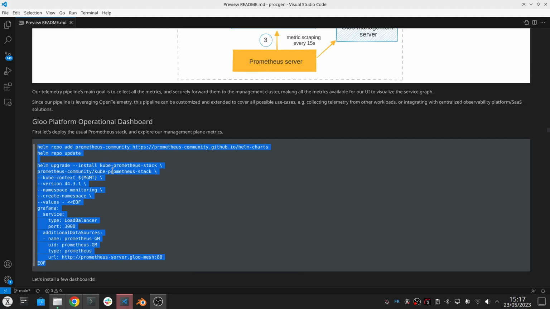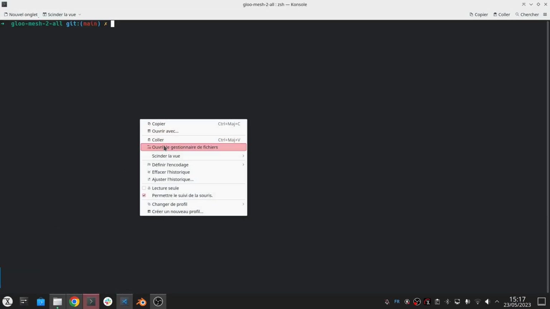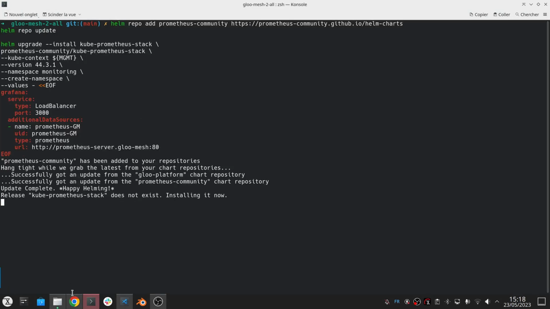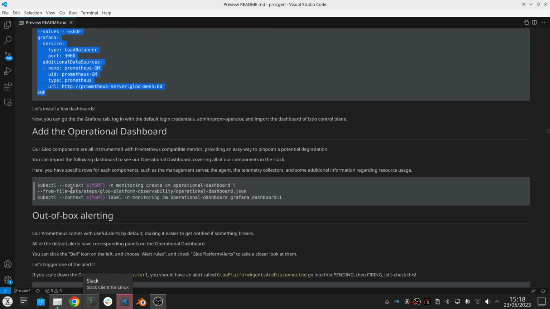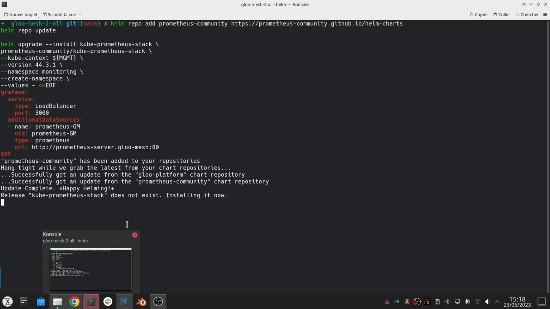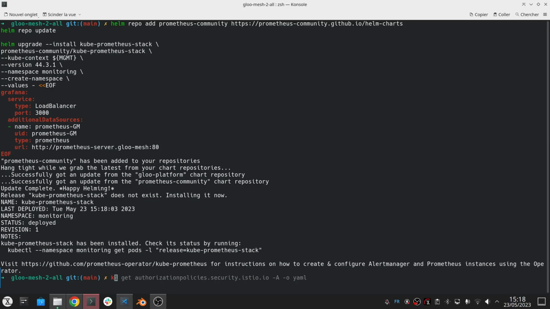So let's just deploy Grafana here so that we can see this dashboard in action. And we are also going to add the dashboard that we have already created for this demo. So just wait for the stack to be deployed. So we just deploy here, you can see